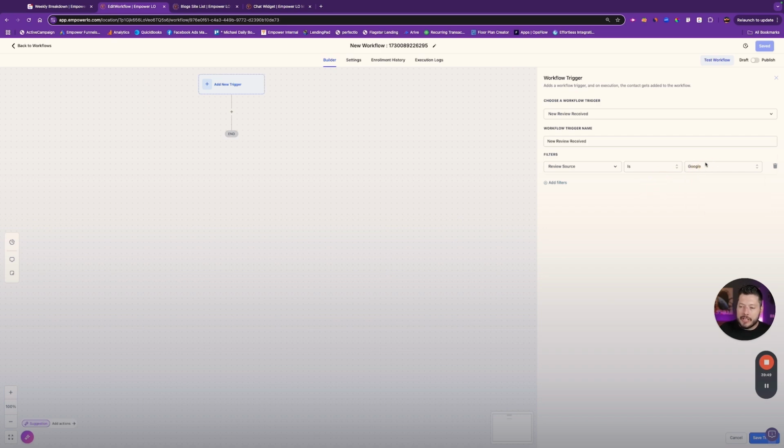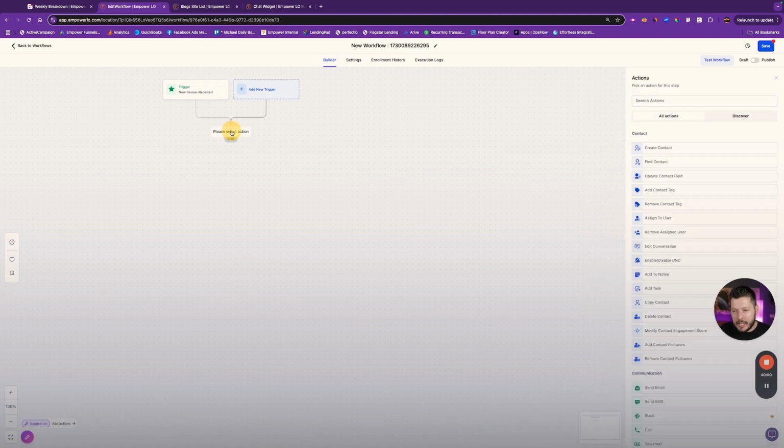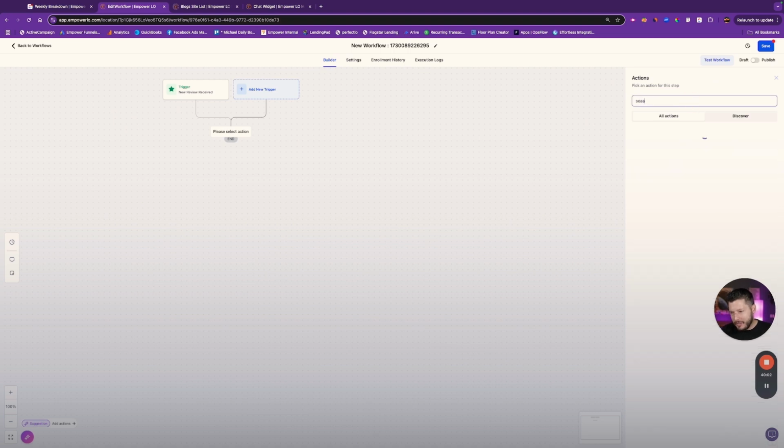But if you come in here, the two that we do have connected are Facebook and Google. So you can create different actions based on these reviews being received. So whether it's just an internal notification that you guys send, I don't know, what else can we do in here? Is there a send live chat message? Yeah, I'm not 100% sure. On Facebook, you probably can respond to it, I would imagine, in some way, shape, or form. But for right now, it looks like it's more just for internal notifications, or